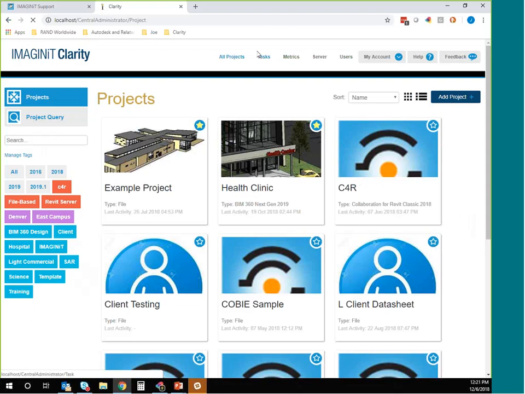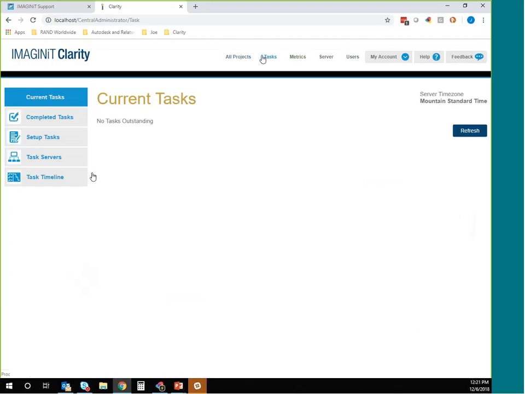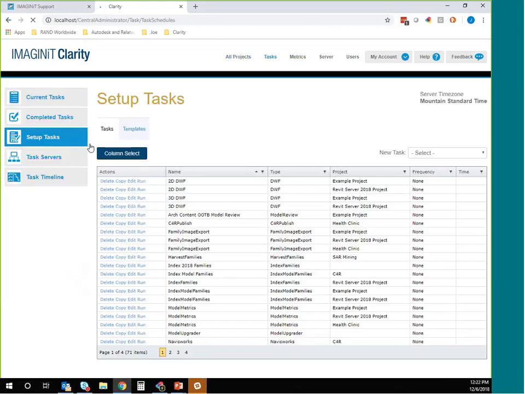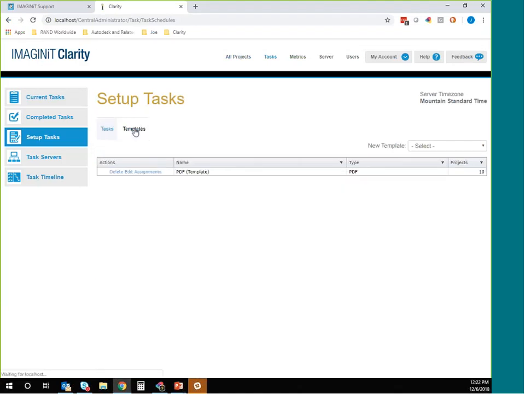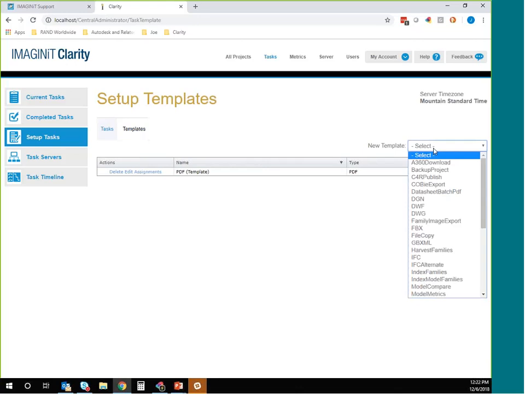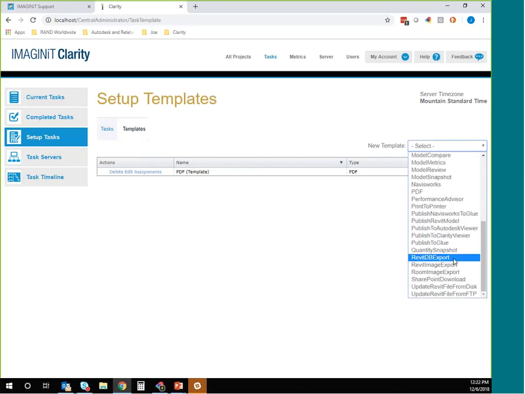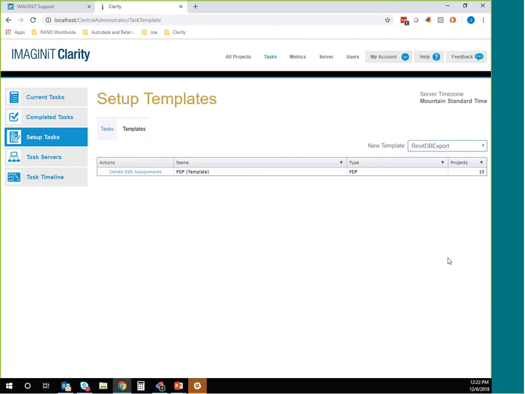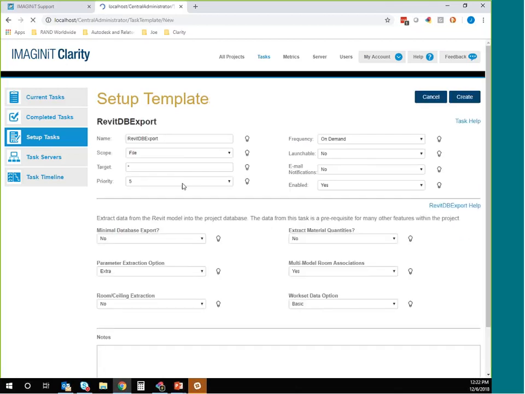And when I'm in my global task editing section of Clarity, what that'll give me is the option to create a task that is just a standard task or one of the new task templates. So I'll come over, choose to set up my tasks, wait for that to go. This is actually kind of slow for me for some reason, but we'll get there. And then here's my tasks versus task templates. If I click on templates, and then let's say I'm going to do a new task template for my data extraction. I'll come down to the DB export task, choose that from my list,